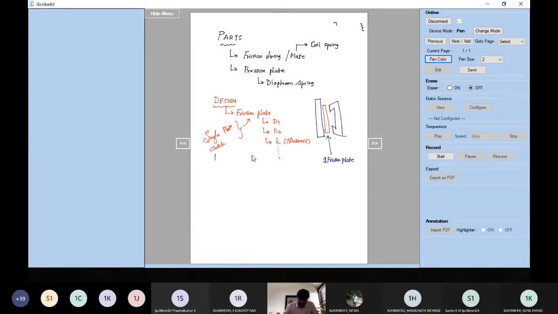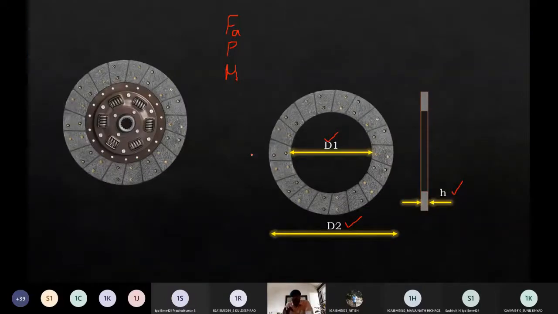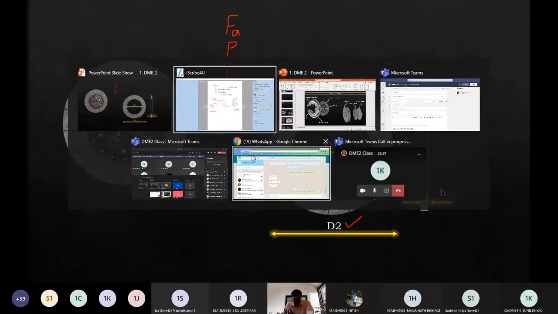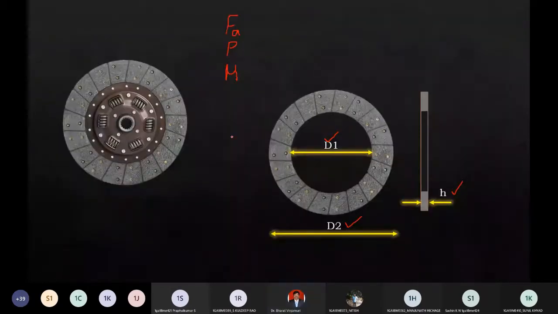Sometimes it is also called a disc clutch. So we are trying to design the disc clutch case. So disc clutch or single plate clutch. So any questions at this point of time? Anything you would like me to answer? Any questions? So once again I repeat, when you are trying to talk about the design, guys,